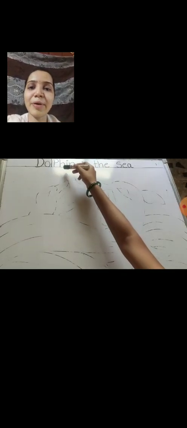Today, I am going to teach you a very interesting topic. You will also like it. After so many days, you are doing drawing. So, I will show you how, step by step, you have to draw, and after that, how, step by step, you will color it. So, here we go. Here we start. See, our topic is dolphins in the sea. We are going to make two dolphins playing with a ball in the water.